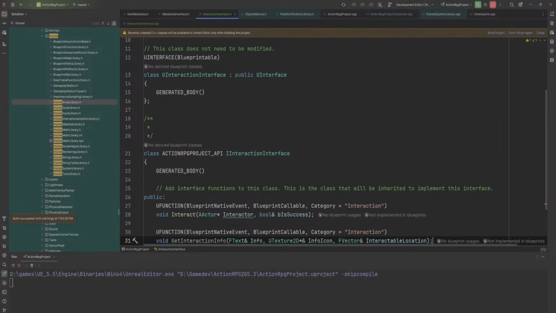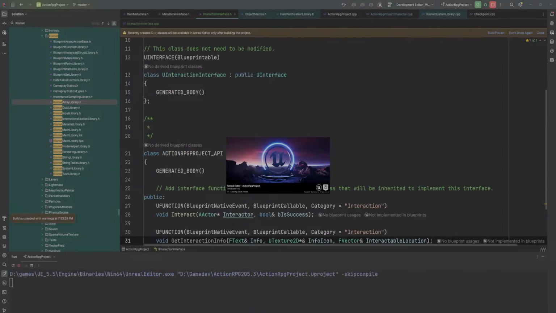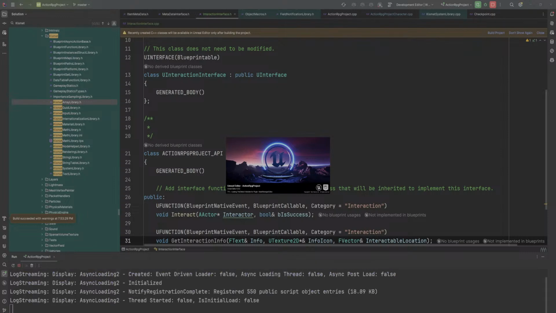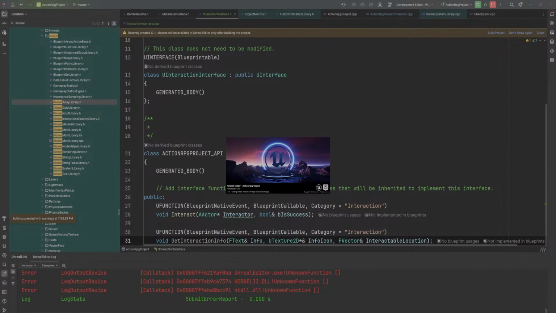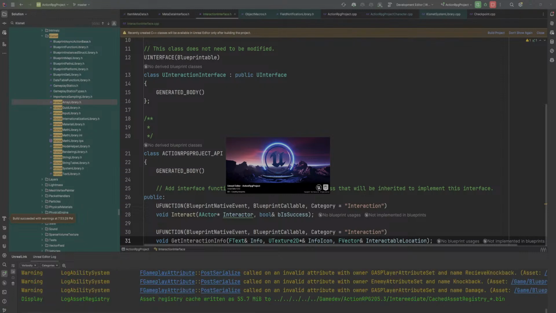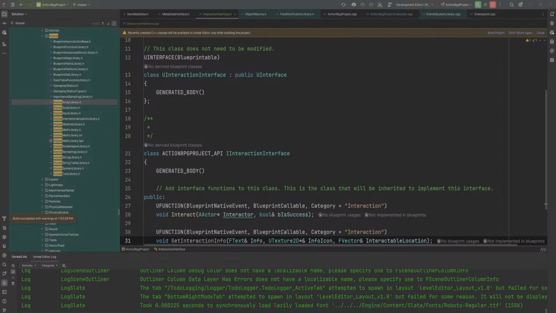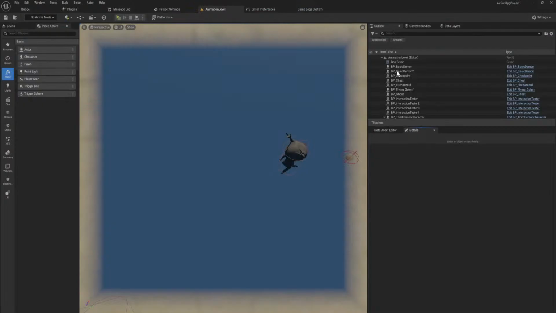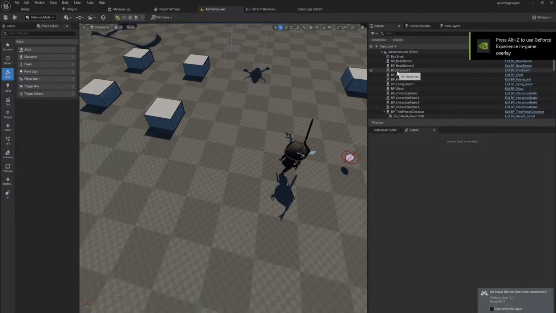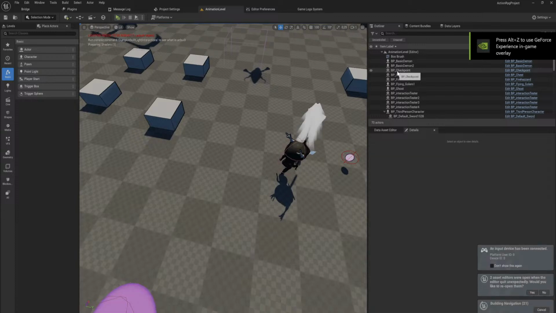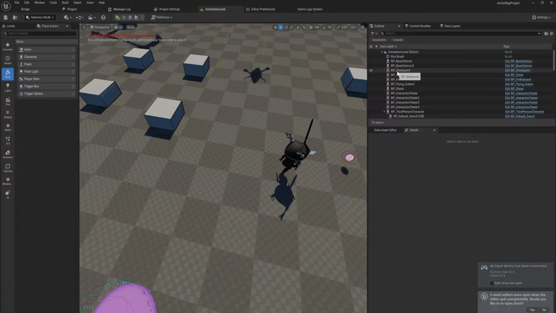Which means that we can now give in the location of a specific component or a specific socket or just a hard-coded position with an offset or whatever. Like get actor location plus Z100. So that's always 100 units above the actor location or whatever. The reason that I want to do that is because right now, after we get all this to work, what I want to do is make a fairly generic type of actor. That's going to have